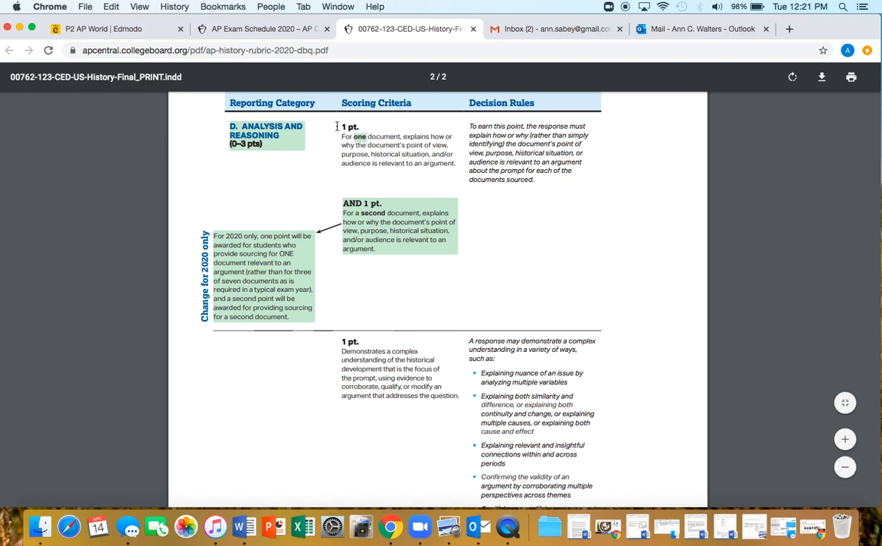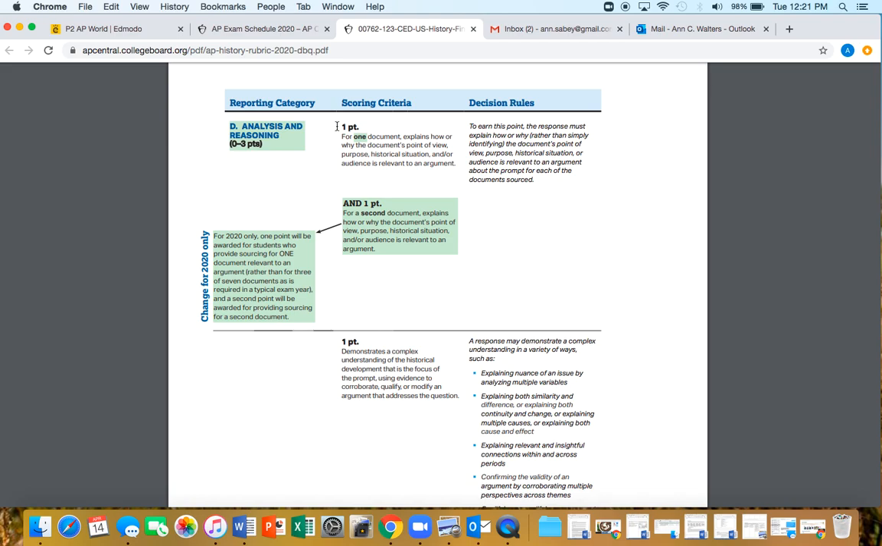So what they did for this is they cut down the requirements. You can get 1 full point on your DBQ if you source one document. If you explain their point of view, the document's purpose, the historical situation that it was written in, or the audience that was relevant to the document. So this is where you take those sentence frames and you say that,